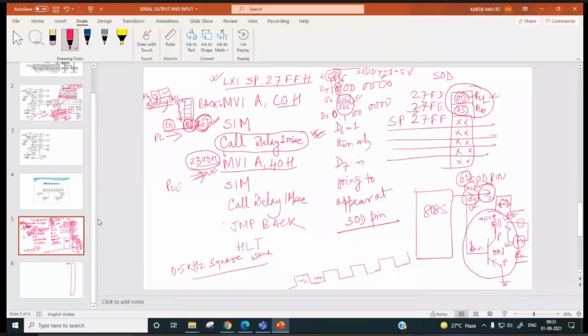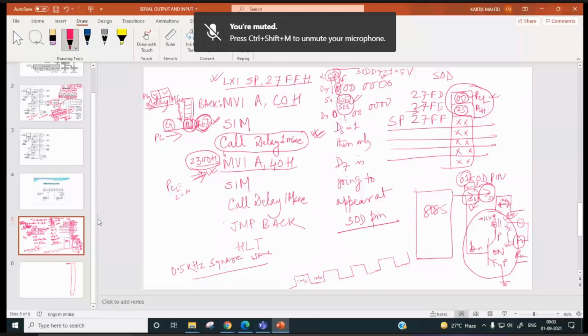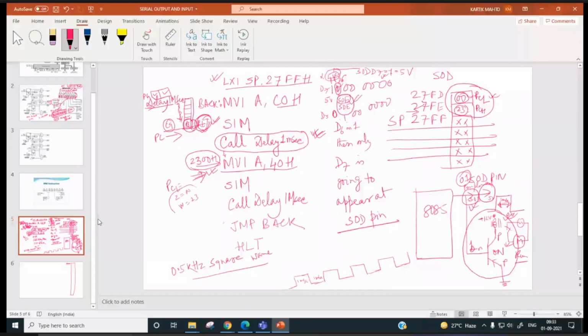It will be copied to PCL, it will be copied to Z, right? And then the stack pointer will be decremented, and 23 will be copied to W, and then WZ will be outed, which is going to be the address for this, 40H. I'm not sure whether it will be copied to WZ or directly copied to PCL and PCH, right? So anyway, the moment the return instruction is executed by the processor, right?